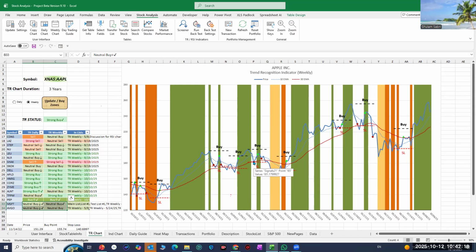Then we can take a chance on this pullback. Instead of just following the TR signal, we can take a chance here. But that is more risky. So it again fails, and finally it came back. So in my experience, for the stronger stocks, even buying around the buy point on the breakout is a better